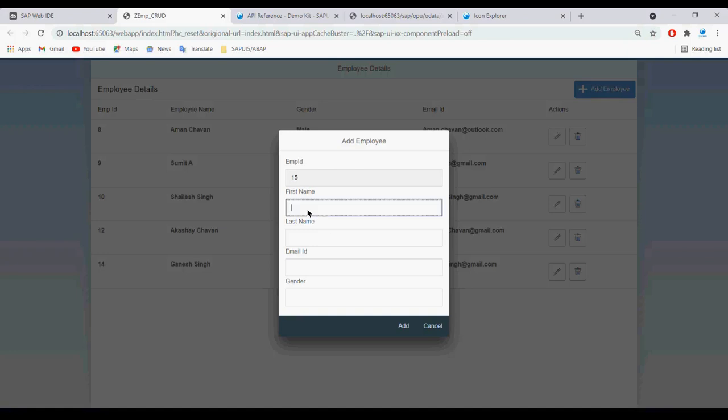Now what I have to do is add first name, last name, email ID and gender. We'll add the first name. Any name that you guys can suggest? Okay, I'll add that. Okay, I'll add the email ID as